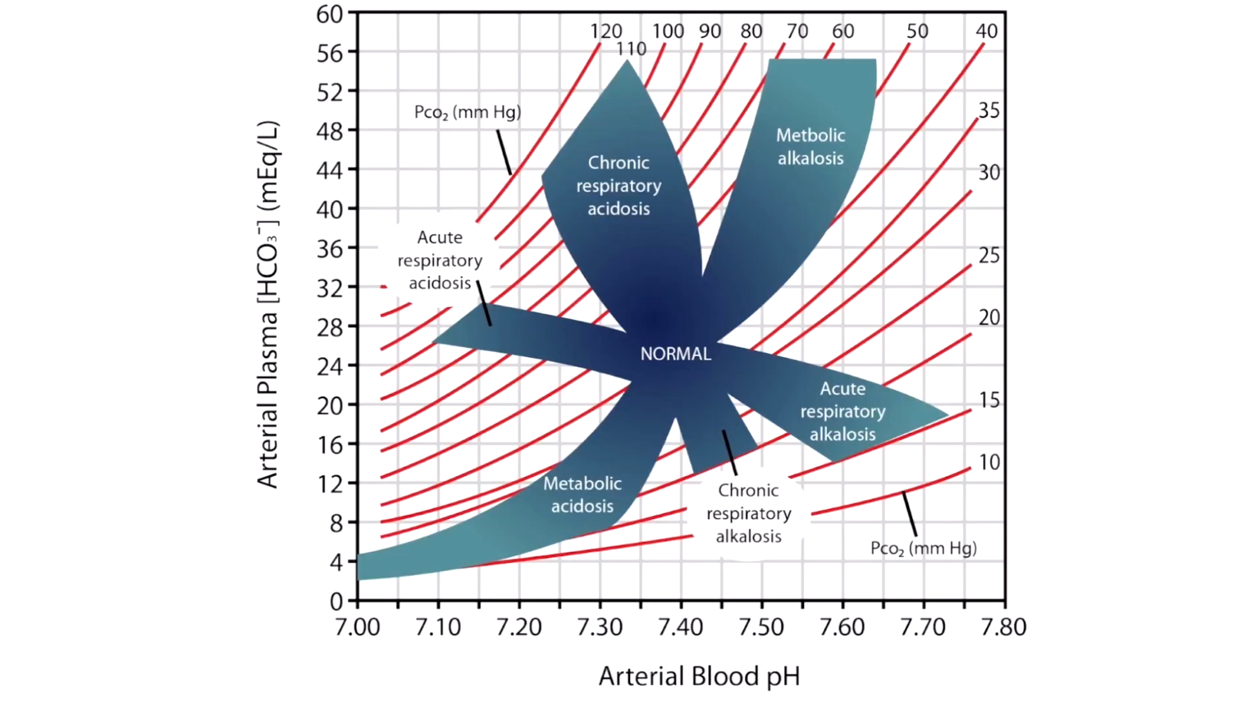Here we see the Davenport diagram of acid-base disorders. This graph will be explained again in our next lecture on acid-base disorders. The x-axis displays the different arterial blood pH values, while the y-axis displays arterial plasma bicarbonate values. In general, anything to the right of 7.4 is considered alkalosis, while anything to the left of 7.4 is considered acidosis. pH of more than 7.4 with high bicarbonate